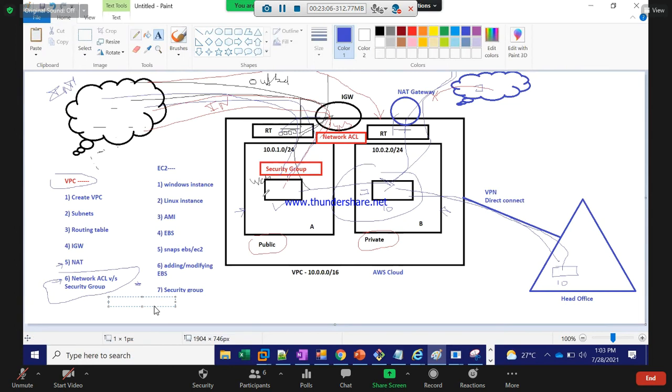When we build a server, we need some type of monitoring, right? In our real-time offices, if you have a server, there are tools we use like SolarWinds or ManageEngine.